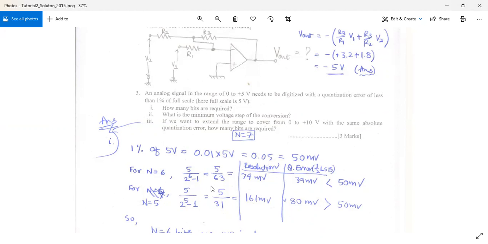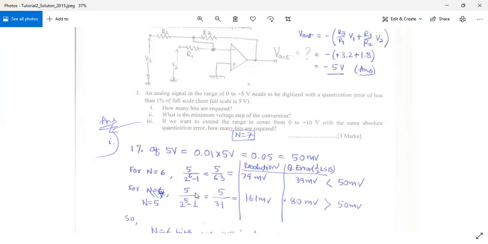So we're just going to show you the trial and error method over here, right? You tabulate the result and fill in this table for all n values. So just start randomly. Let's say we pick n is equal to 5, so our ADC has 5 bits. Okay, so if we start with n is equal to 5,